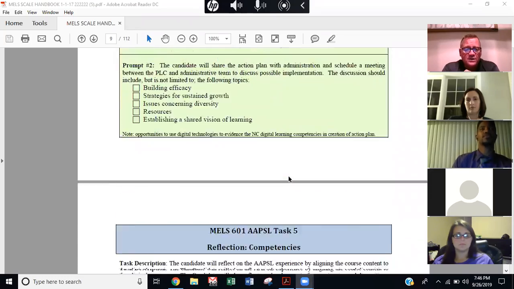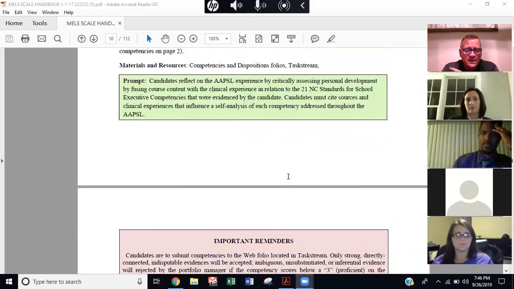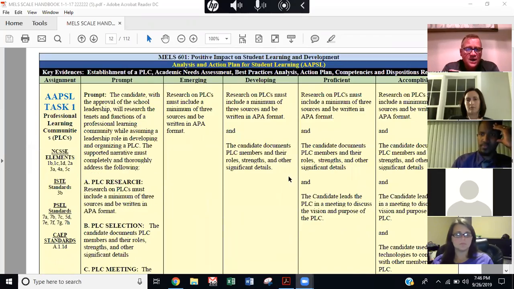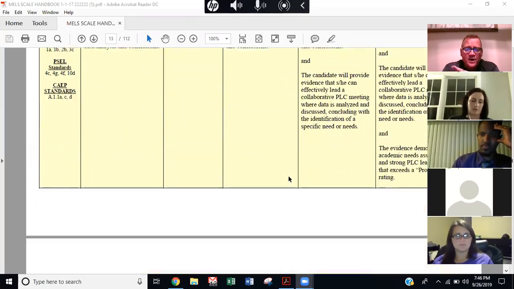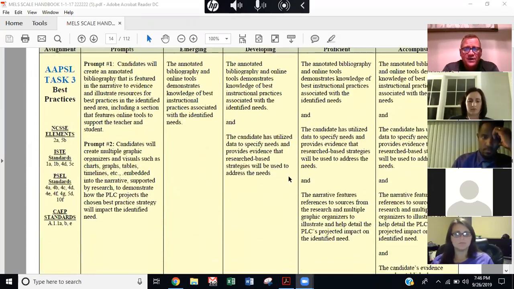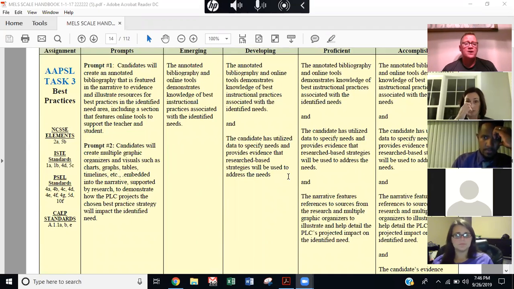So once again, let's go back to the rubric, because I always like to take a final look at a task in relationship to the rubric, because this is the rubric that the evaluator will be looking at when they evaluate your document. So you create an annotated bibliography. Remember, there's some helpful hints on how to do that. Dr. Stedman sent out some stuff about the annotated bibliography. There's some really good information about how to include that.